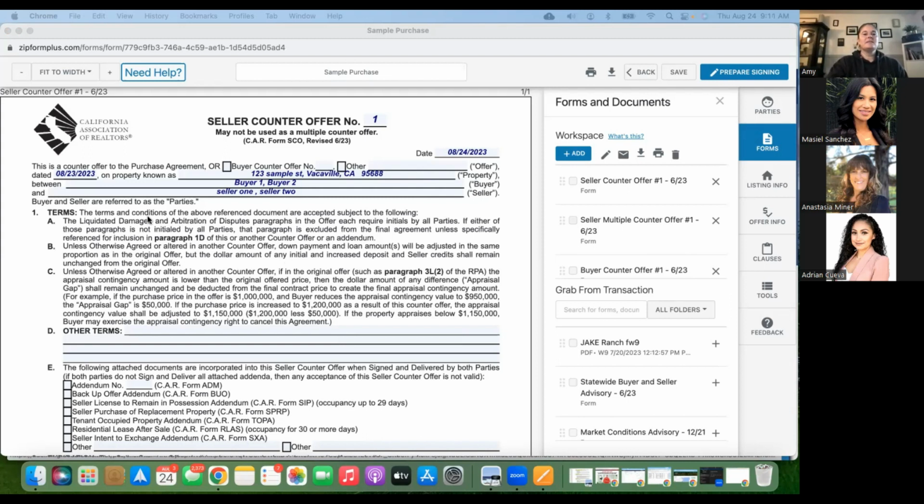Terms. The terms and conditions of the above referenced document are acceptable and subject to the following, right? So what it's saying here is the terms and conditions of the residential purchase agreement are accepted subject to the following. Liquidated damages and arbitration dispute paragraphs in the offer each require initial by all parties. If either of those paragraphs is not initialed by all parties, the paragraph is excluded from the final agreement unless specifically referenced for inclusion in paragraph 1D of this or another counter offer or an addendum. Unless otherwise agreed to,